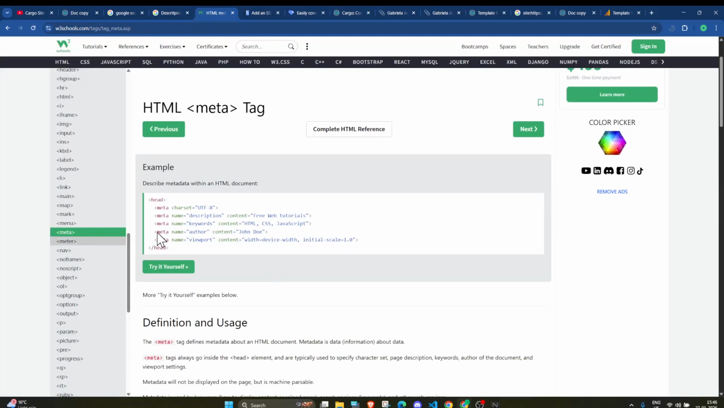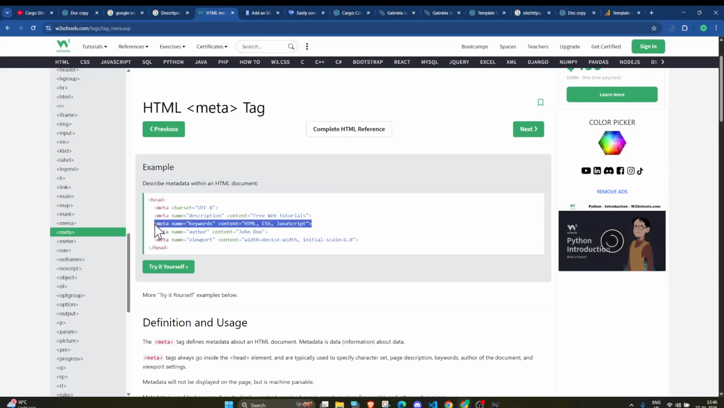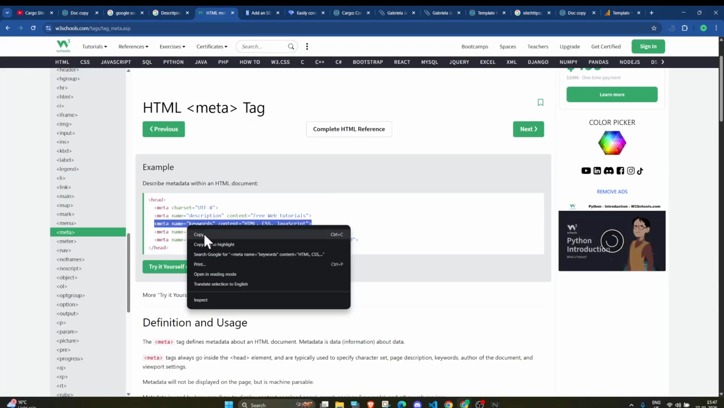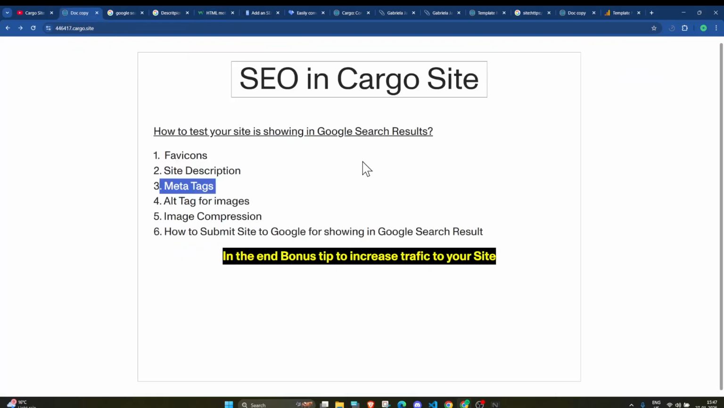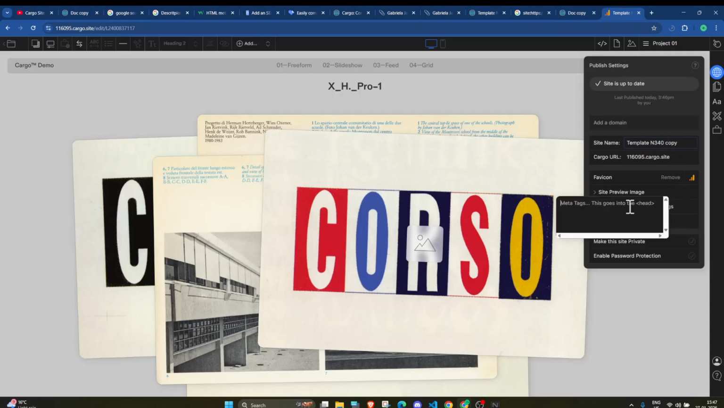Here you can simply copy this meta tag, which is basically for the keyword, and you can go back in the Cargo site and add the meta tag. Here you can see that we are adding the meta keyword tag, and here you can add the keywords like